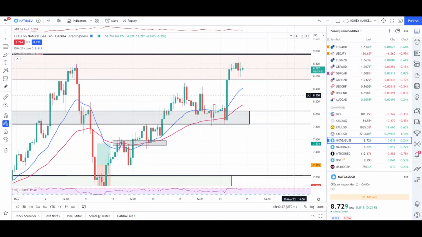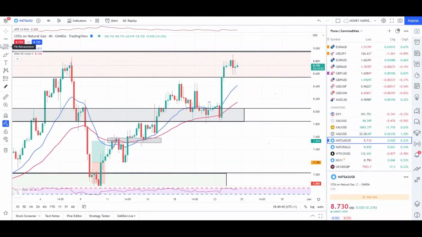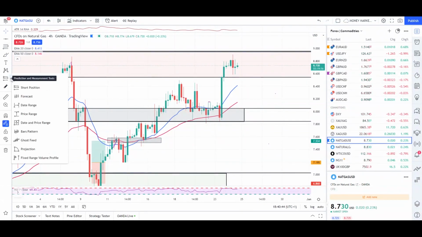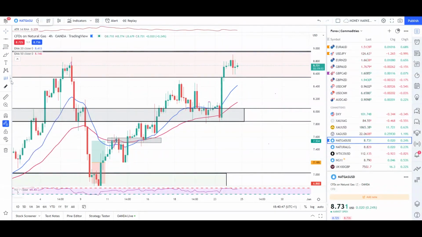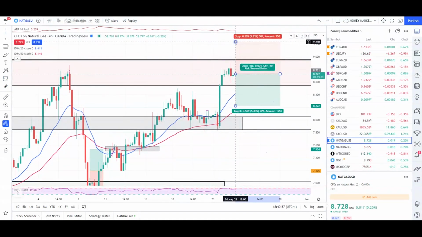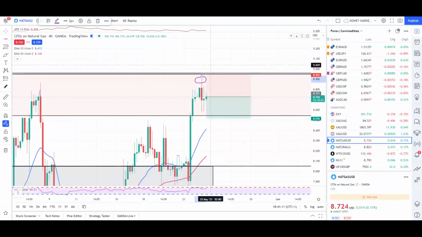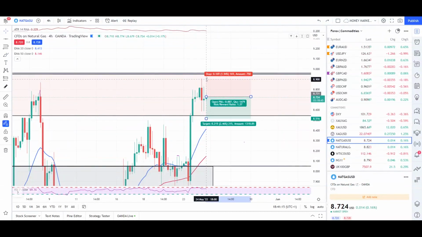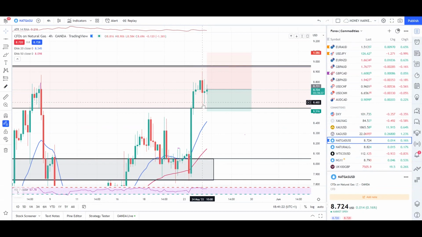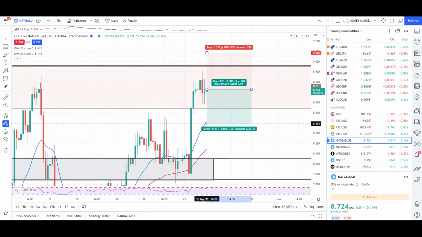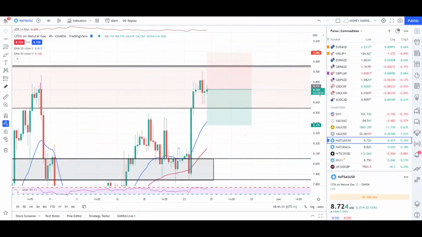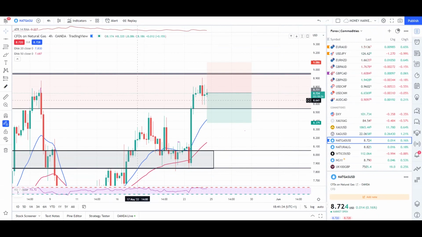For commodities especially, I'm a forex trader, so I place my stops and targets a bit differently than in the forex market. In this case, you can either take 180R stops and target, which is 21, or you can go above this wick, above this selling zone, 180R above the wick, right here. This is how my target will look. These are both ways you can take your target, and of course I will follow my risk management.